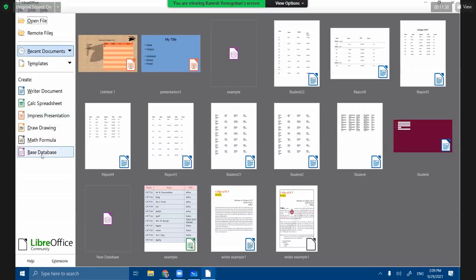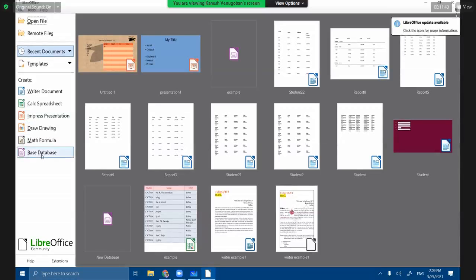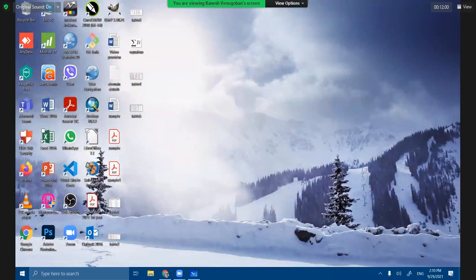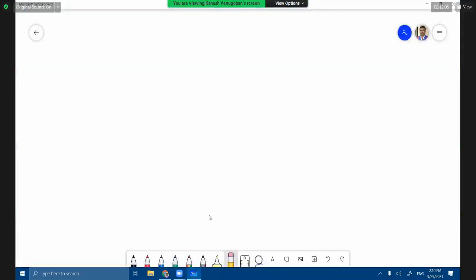And Base is like MS Access, software for a database management system. Using Impress, we can prepare effective presentations. But in our syllabus, PowerPoint is the presentation software. So the Microsoft Office package